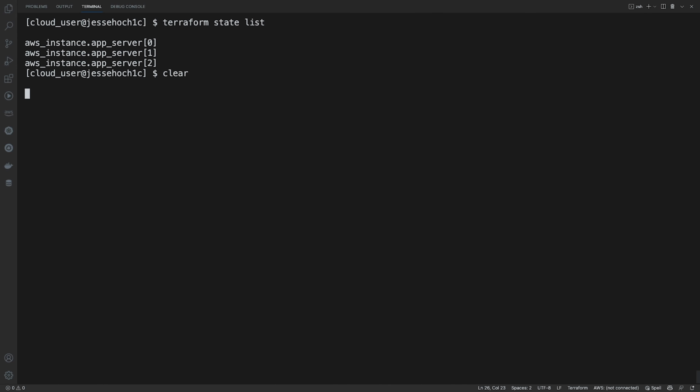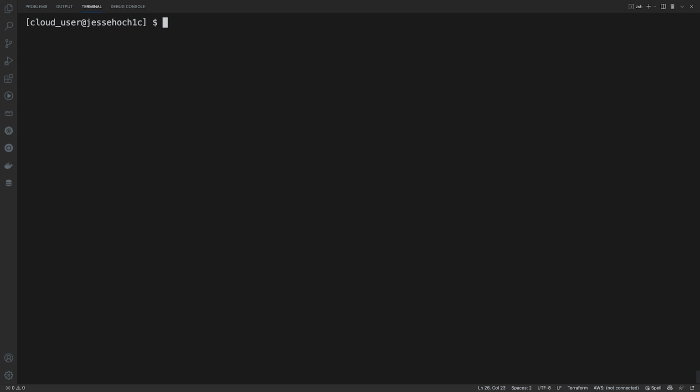Go ahead and clear my screen. So say we are done with our development environment and we want to blow it all away. We can do that by just doing one simple command. We can do a terraform destroy, which will delete all of our infrastructure. If we go ahead and hit enter,